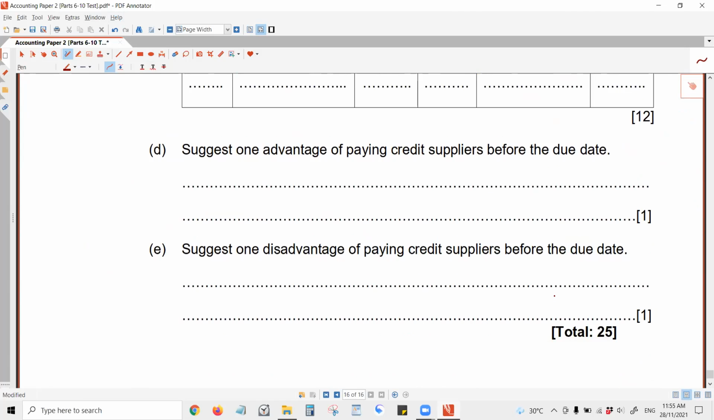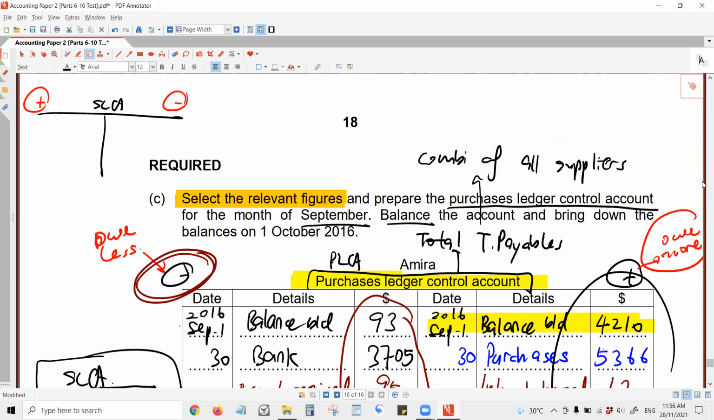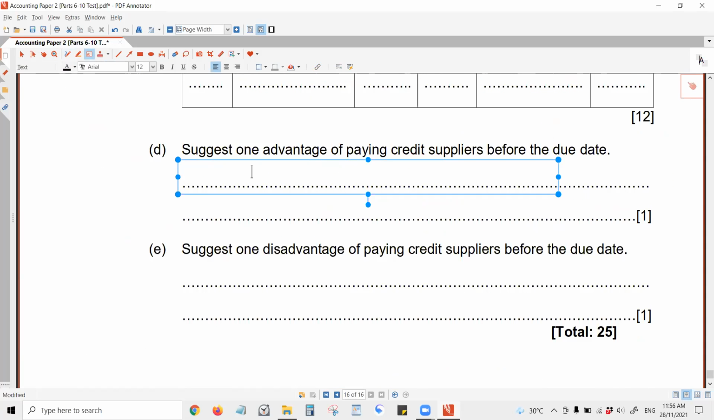Suggest one advantage of paying to the credit suppliers before the due date. So is it good? Yeah, there are some benefits. You can get cash discount. Okay, when you pay on time, when you pay punctually, you can get cash discount. What is the name of the businesswoman? Amira. Okay, so Amira